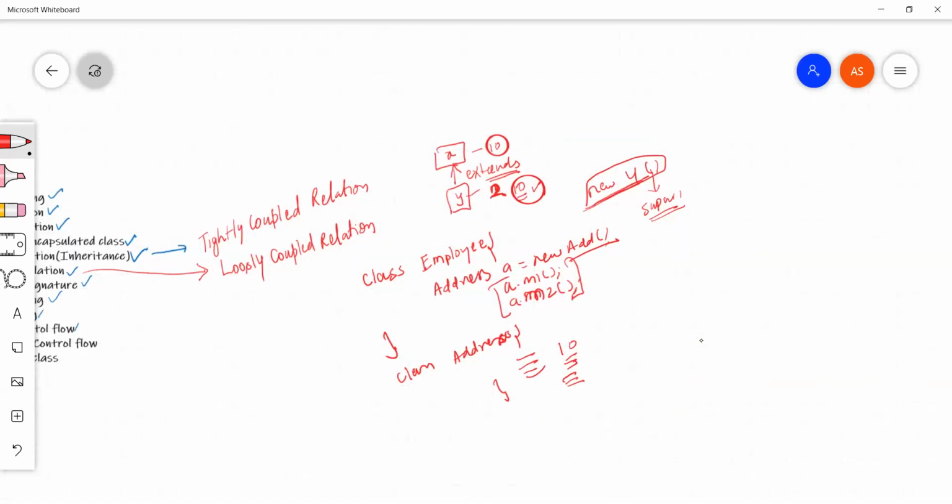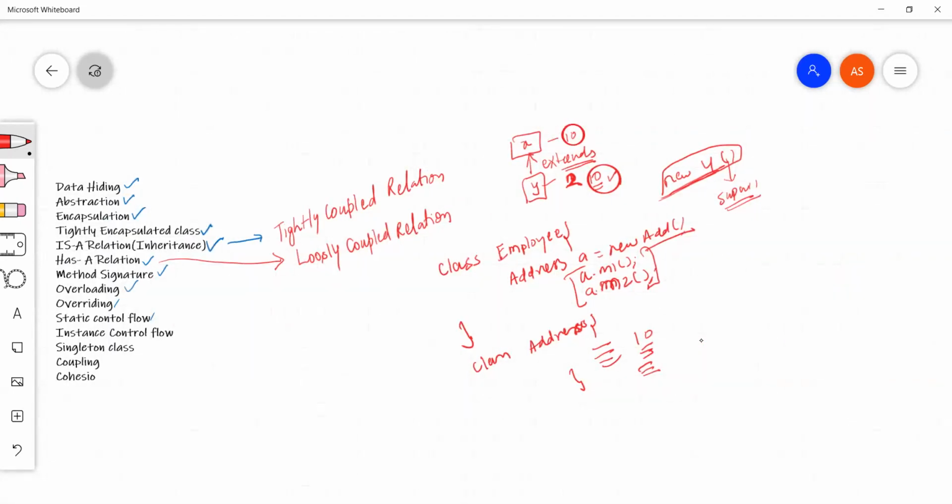All right. So we are talking about this has-a relationship, which gives us flexibility. When we say extends, we are keeping all the 10 methods associated with that X class or X object. But in case of this Address, we just want to use these 2. So we created an object of this class and just used that functionality. Getting my point? This is called a has-a relationship.